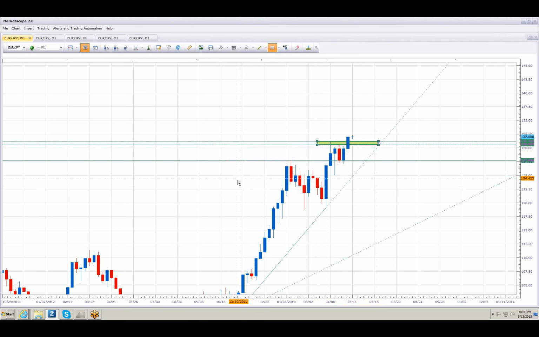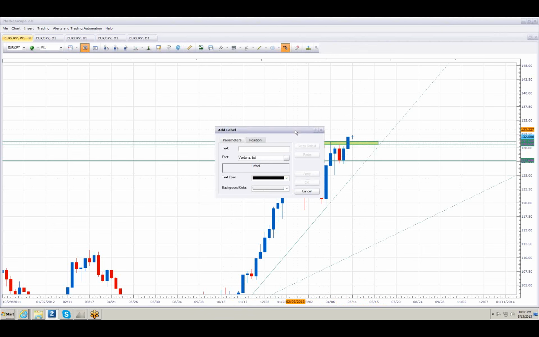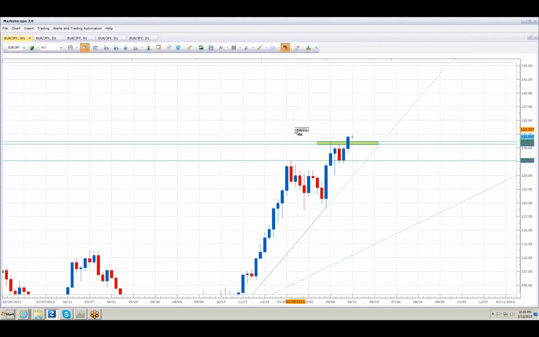All right, and then put an annotation next to the shaded area so you would know that that is the supply level